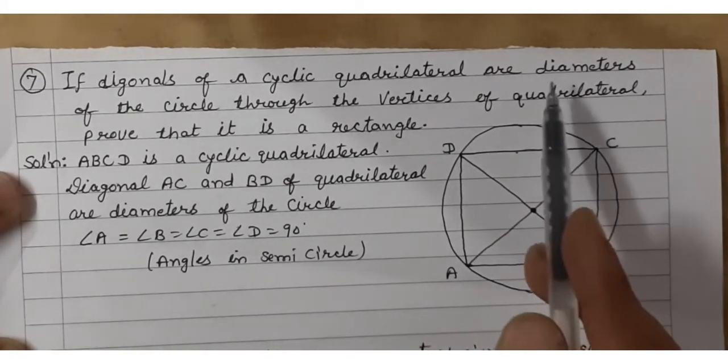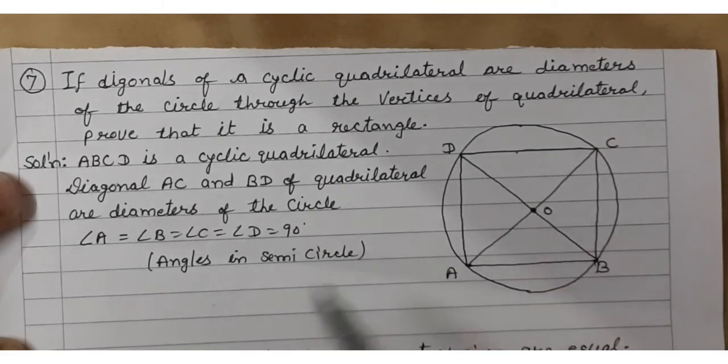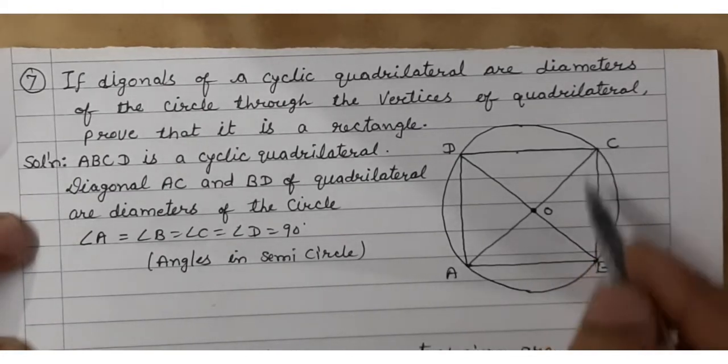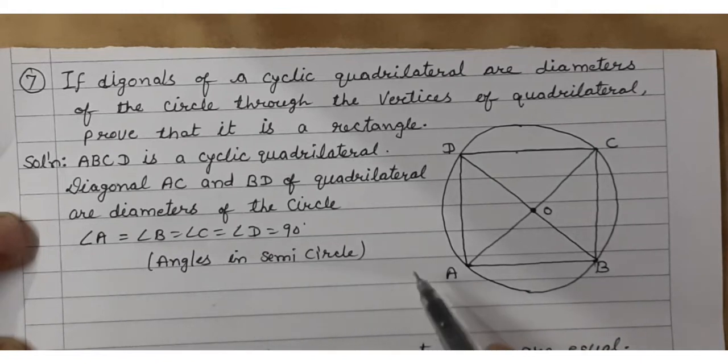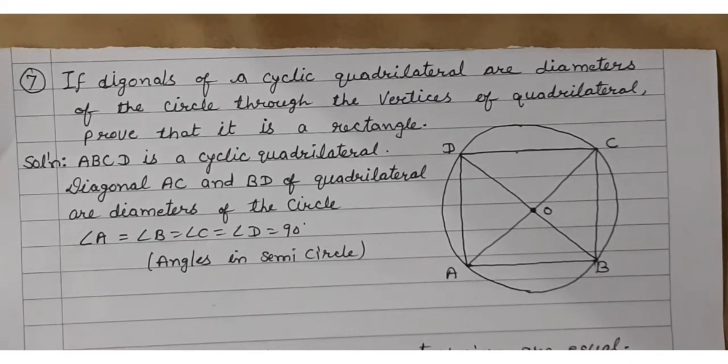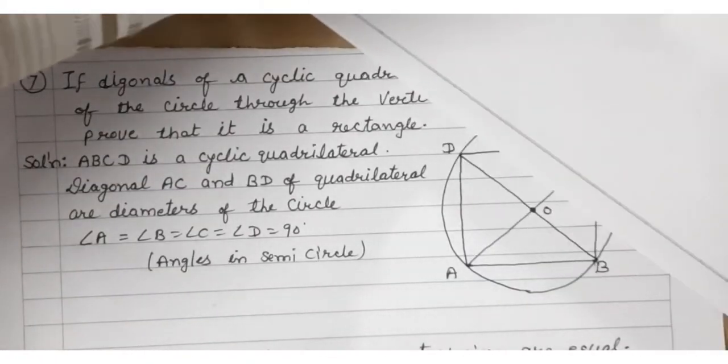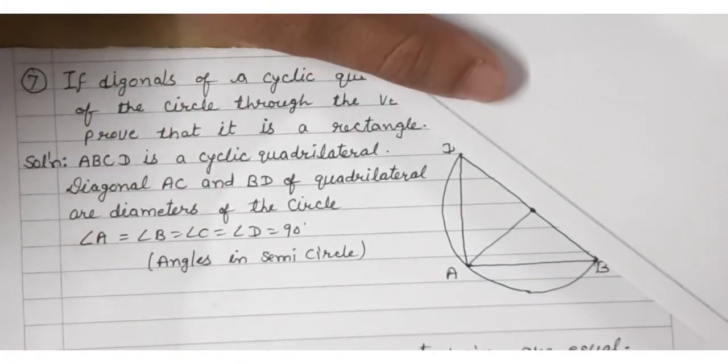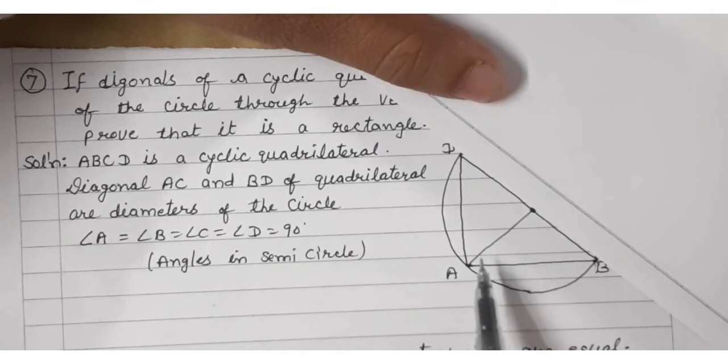And this AC and BD, they are the diameters of the circle and they are diagonals of the quadrilateral too. Okay, AC and BD are the diagonals also. So what we can say, if I hide it in this way, if I hide this, then this is looking like angle at semicircle, then angle A should be 90 degree, that we know.